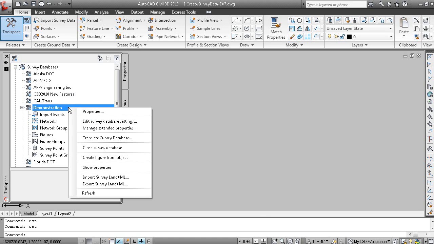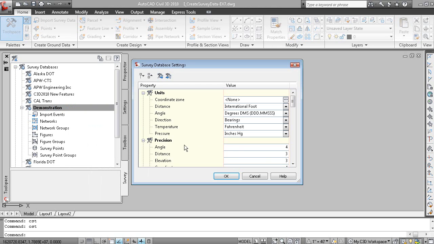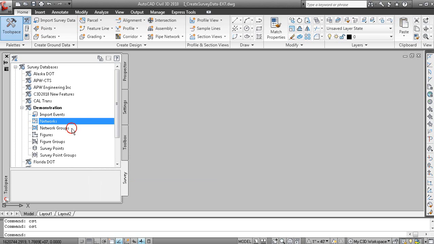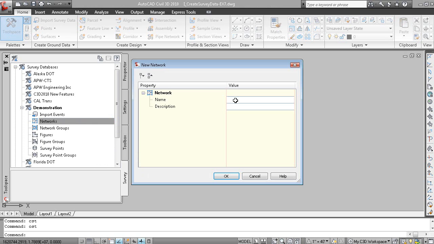In the demonstration survey database, we'll first edit the survey database settings, and we can assign a coordinate zone. We can assign units, so we can leave this at international feet. But here are your survey networks. And I might choose to create a new network here and call this